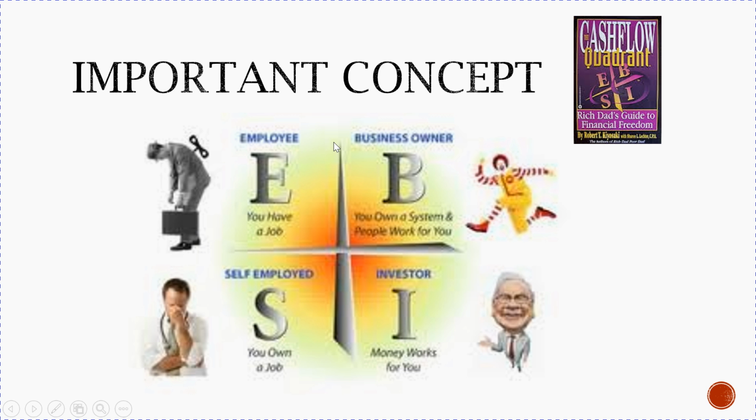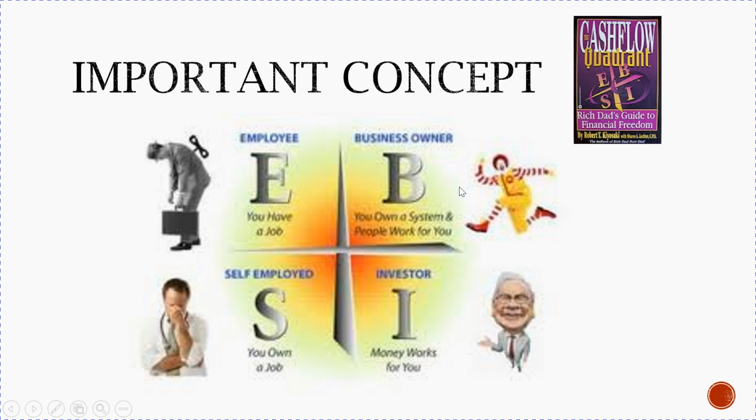You can be an employee, you can be self-employed, you can be a business owner, or you can be an investor. Now, on this side of the quadrant is where 90% of people are, and they have 10% of the time and money. And on the right hand side is where 10% of the people are, and they have 90% of the time and money. When you're an E, an employee, you have a job. When you're self-employed, an S, then you own a job. So you could be going out to work 9 to 5 as an employee, or you could be self-employed as a doctor, a consultant, a trainer, selling your time for money.